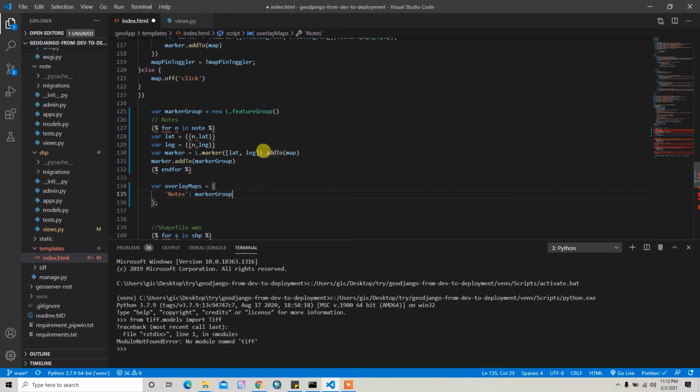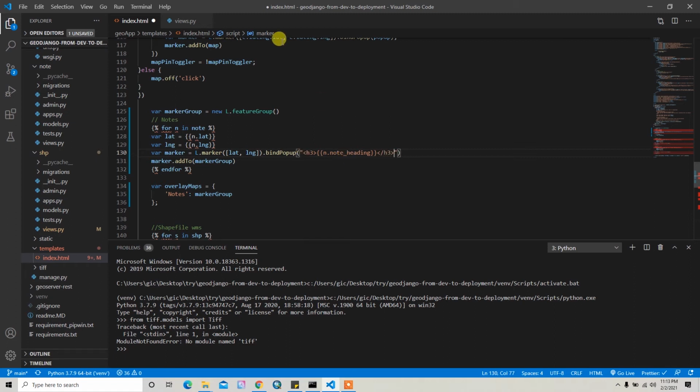So one thing I forgot is, instead of adding this to the map, I can just bind popup to it, and then the popup field I can pass as an h3 tag, and then I can pass n dot node heading, and then close this tag.